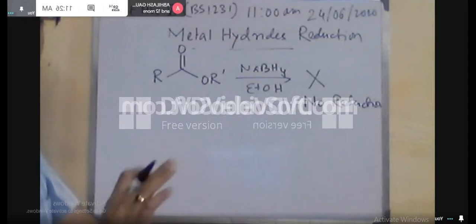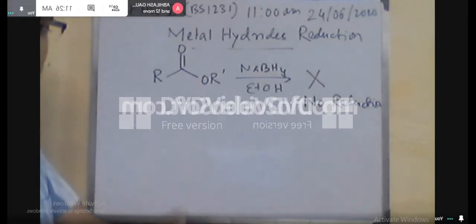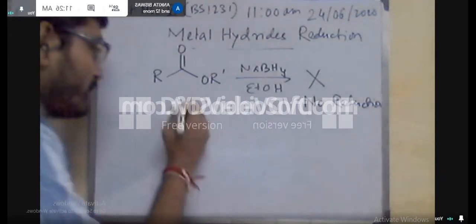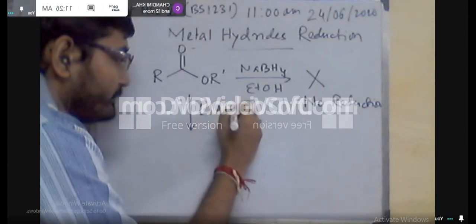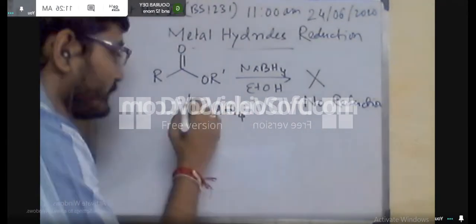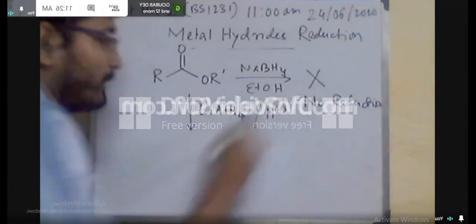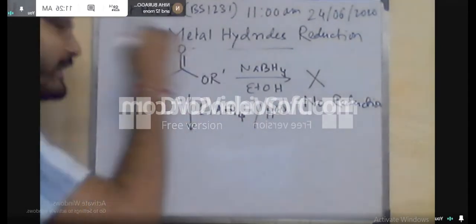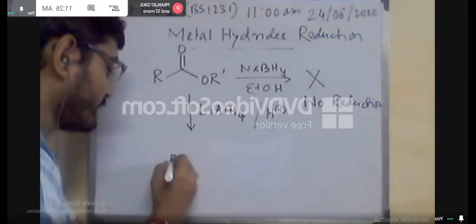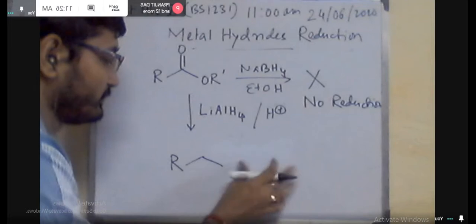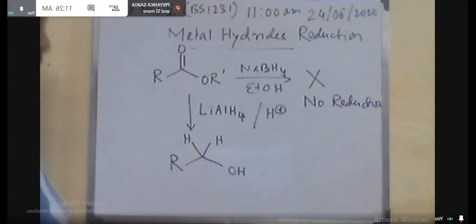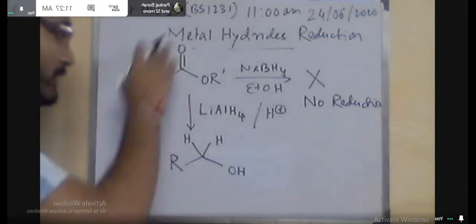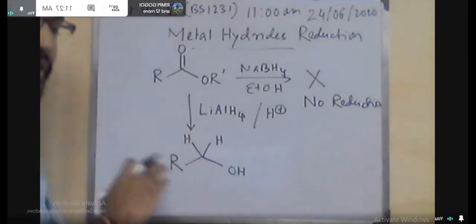That means generally we know if you reduce the ester, first step you will get the carbonyl, then by reducing the carbonyl you will get the alcohol. So by using lithium aluminium hydride, as it is the strong reducing agent, it can directly convert the ester to the alcohol. So this is the utility of lithium aluminium hydride. And not only that, this is also a drawback for lithium aluminium hydride, and I will show what the drawback is in the other example. So this is the reduction of the ester to the corresponding alcohol.